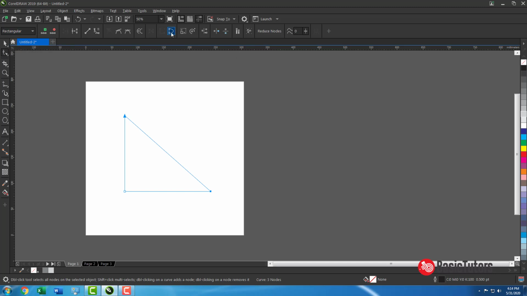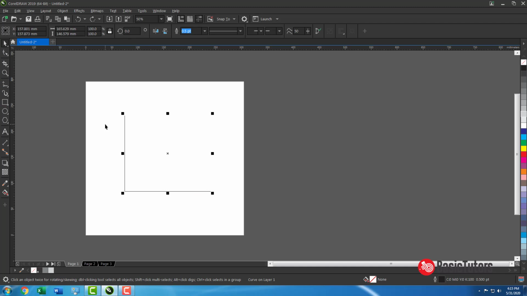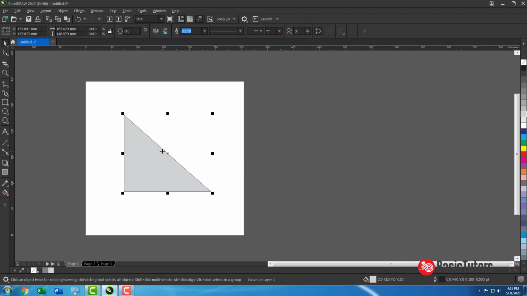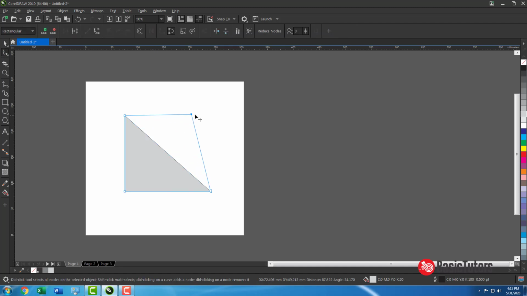Also, there is a command called close. If your object has any broken nodes or anything, if you click this command, automatically your curve will be closed and will get a fill. For example, this object has an open segment, so if you click on fill, no fill will happen. If you change this to close, by closing the curve, it automatically gets filled, and the curves are also closed. Another thing also there. The next one is aligning nodes.